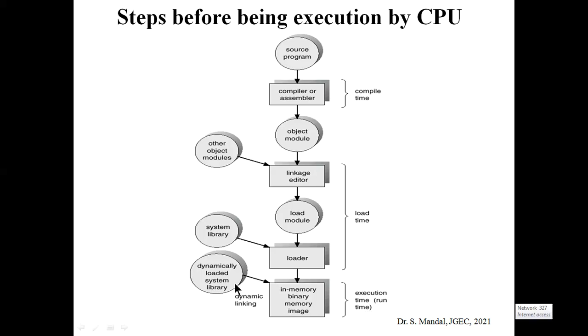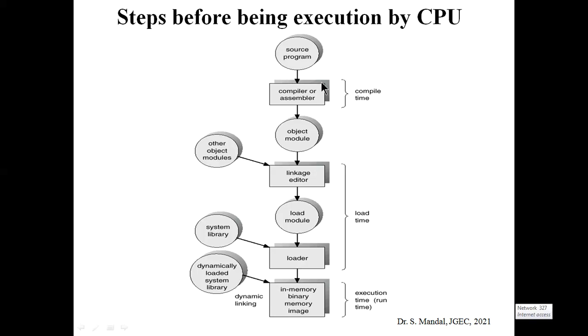Okay. And moreover, it should also be remembered that it is quite possible that during execution the system library can be loaded dynamically. So that is known as dynamic linking. Here it is static linking, but here it is dynamic linking. And you should keep in mind that all programs should be transformed into a binary image, because the computer or operating system only understands 1010, that means binary. So by using the compiler and the loader, we create a binary memory image of the original source program.